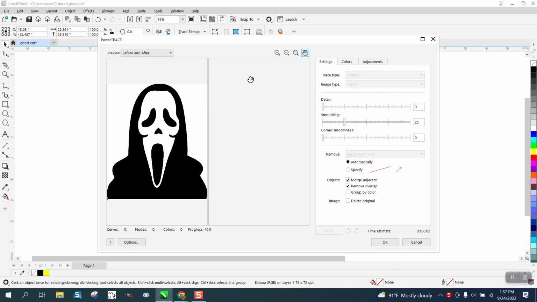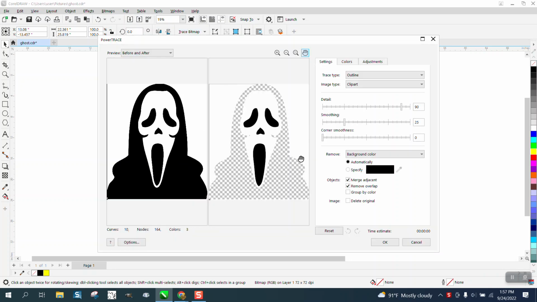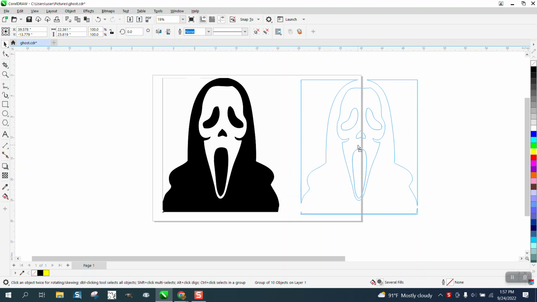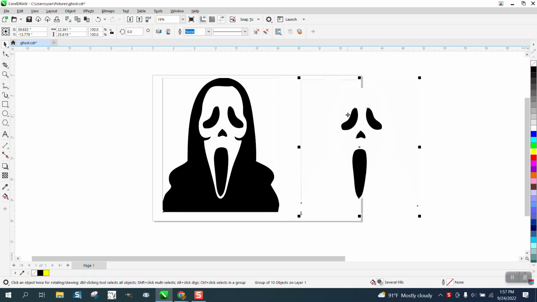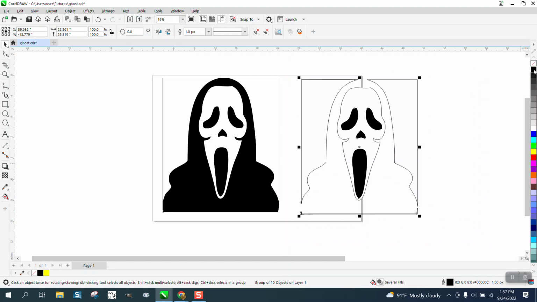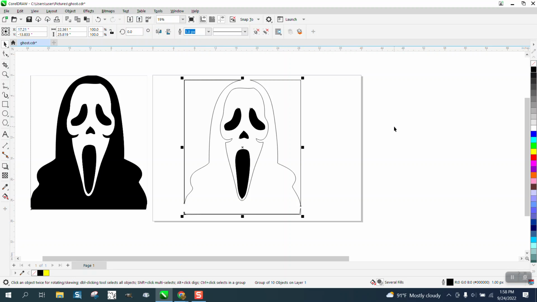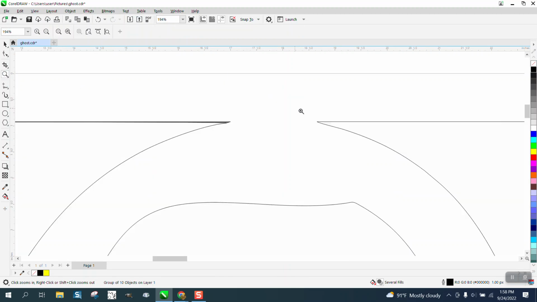Clip art, traced pretty good, and you can kind of see what's going on there. But then when we move it out of the way, you can see the lines, but you can't see the object. Well, the lines are there, so you can just select it and right click, black outline. Let's go ahead and move this out of the way and put this in the center of the page. And what he's having trouble with, and I'm trying to show him a faster way,